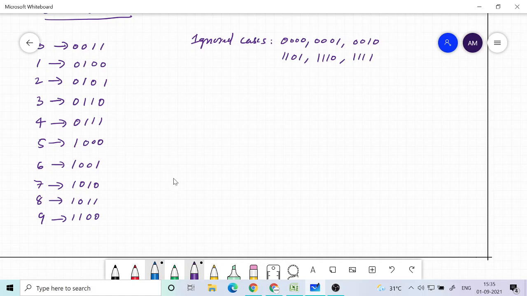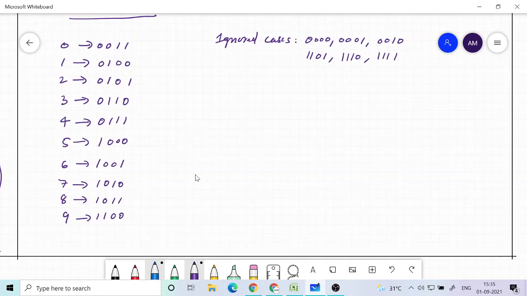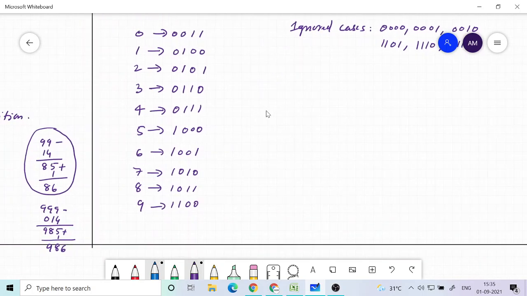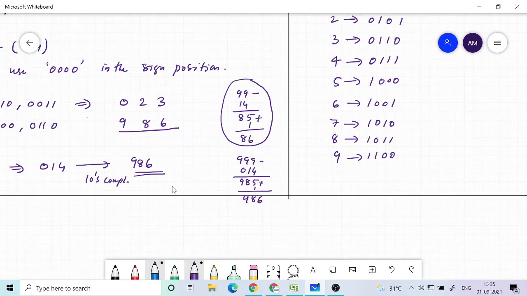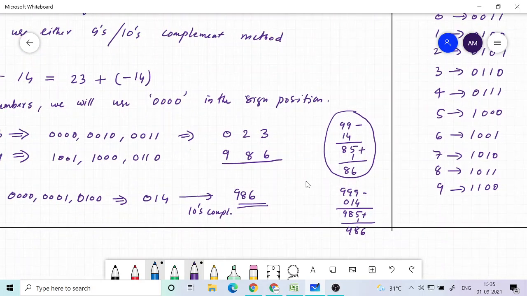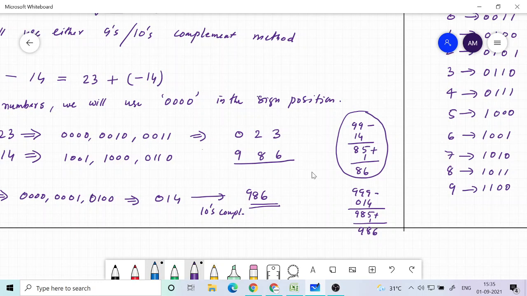Now why do we want XS3 code? We could do everything with BCD code. Now BCD code has some disadvantage, and the disadvantage is that when we do arithmetic operations with negative numbers especially. In this example itself, we need to find this 986 when we do 23 minus 14. So minus 14 had to be represented.